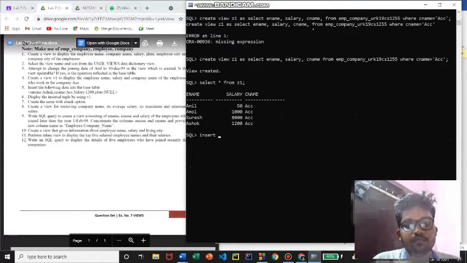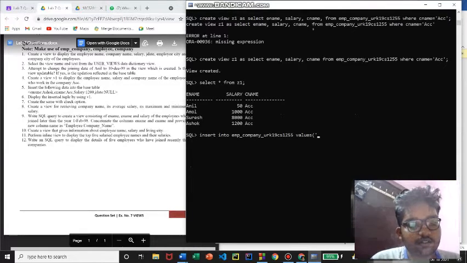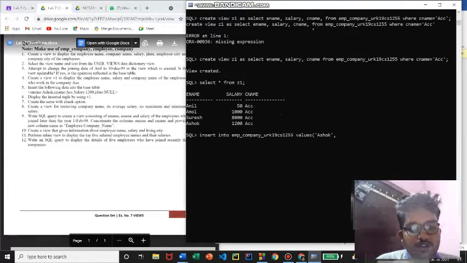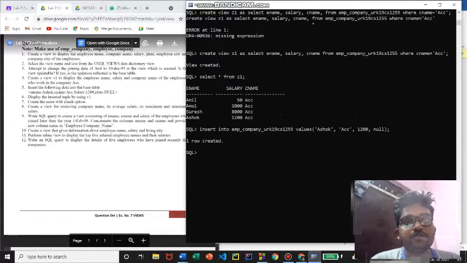So we insert into it a set of values: the employee name, first one is Ashok, and the company name is Accenture, and the salary is 1200, and the last value is null. One row has been created, and now display the inserted row by using V1. So let us do that.